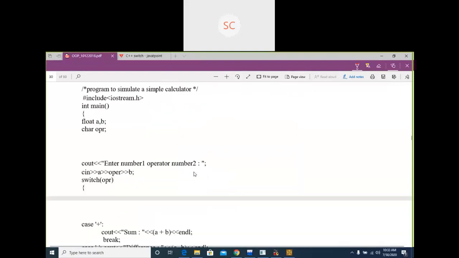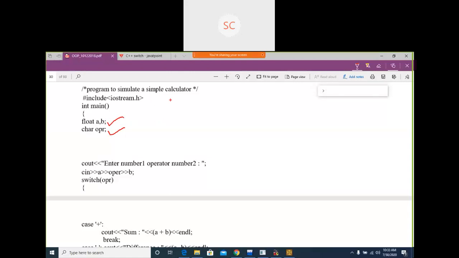You should observe in this program also what I am going to do. I am going to take two numbers from the keyboard and one operator also, and perform a simple calculation with different arithmetic operators.